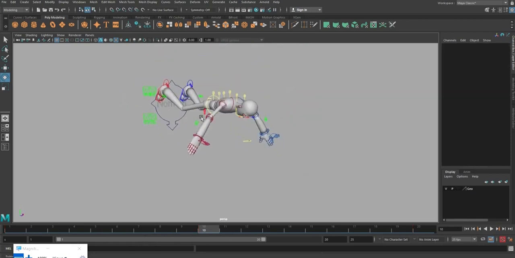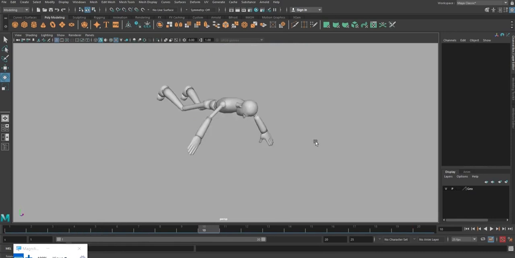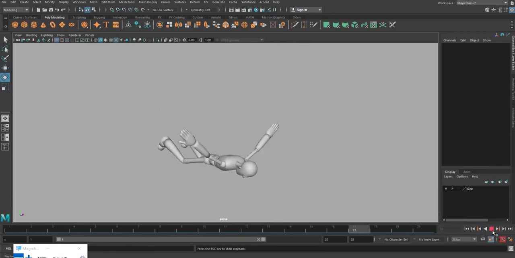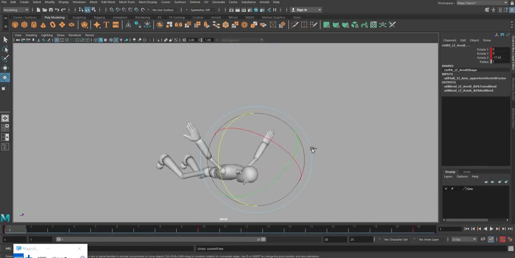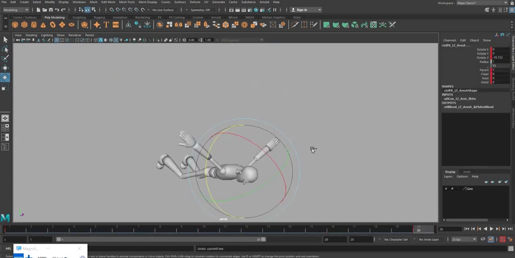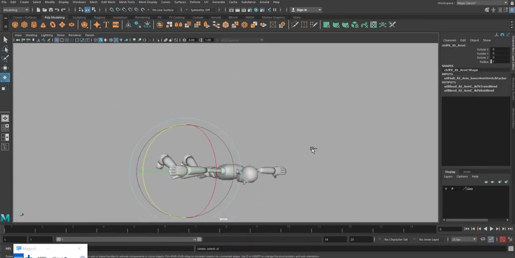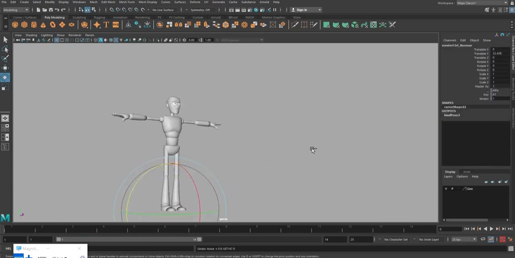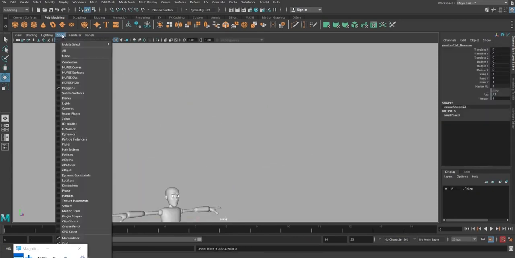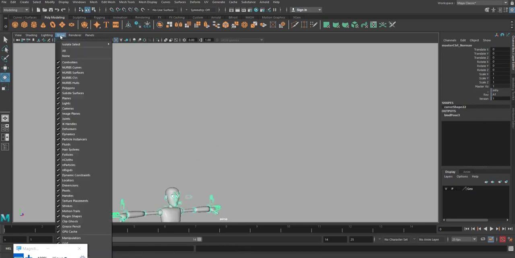So here I'm going to show only the polygons. So this is just an example, to understand why FK is needed and why IK is needed. This is the need of FK, right? So I will show why IK is needed.